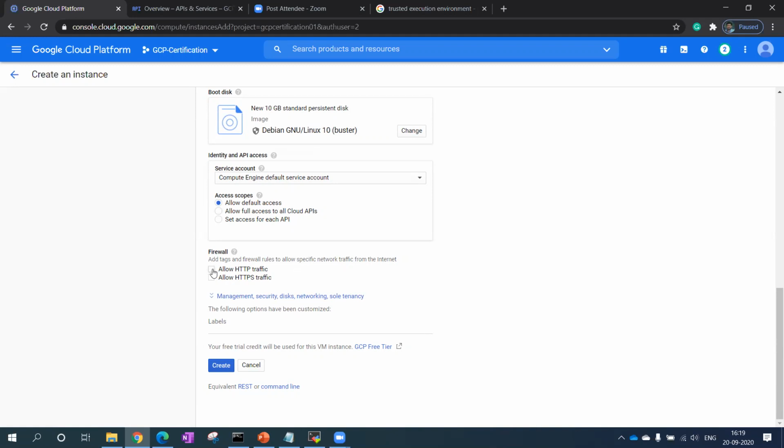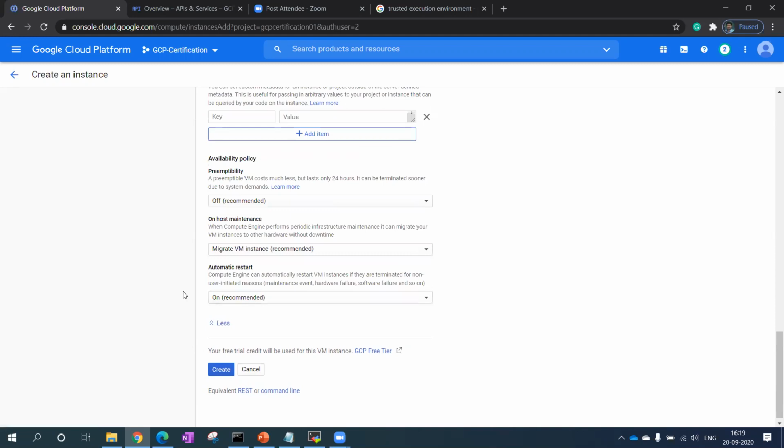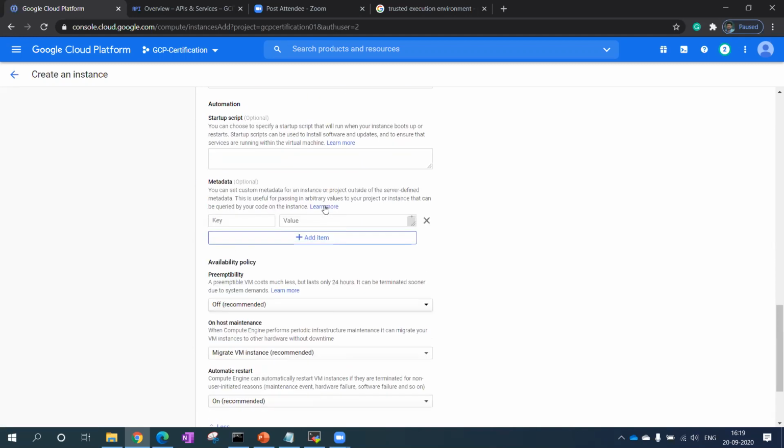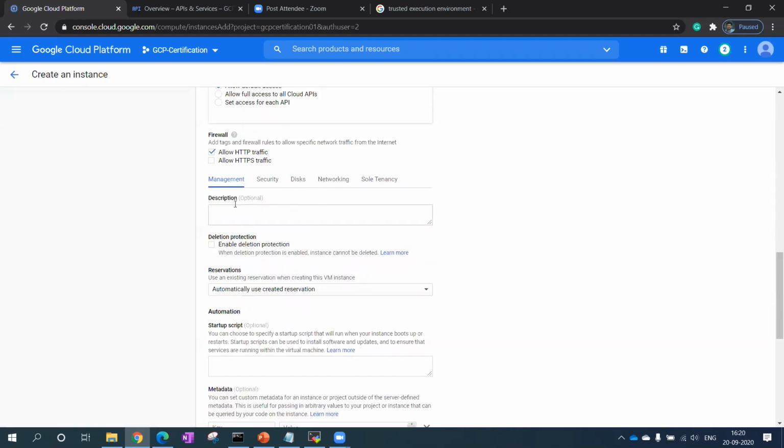So basically you can make a check mark over here and port 80 will be open, as simple as that. Then if you go further, under the manage section, you can get multiple options over here. We can take them one by one, but before that I wanted to go to the next step, the security.